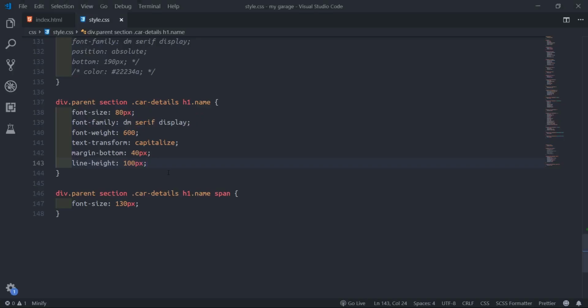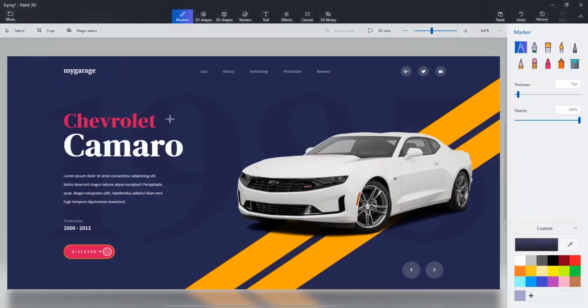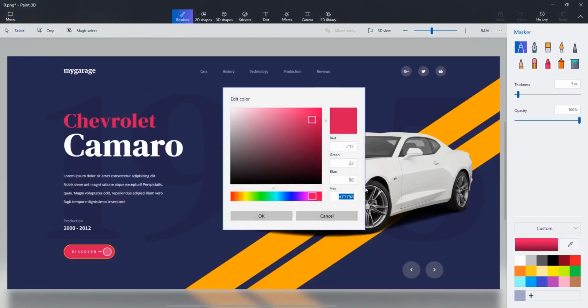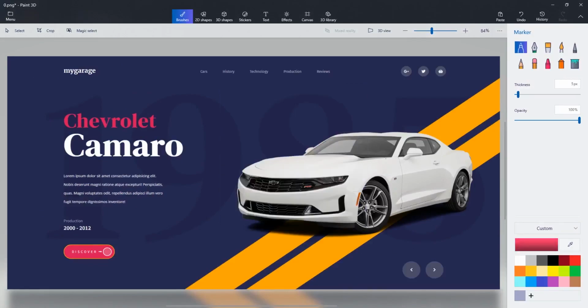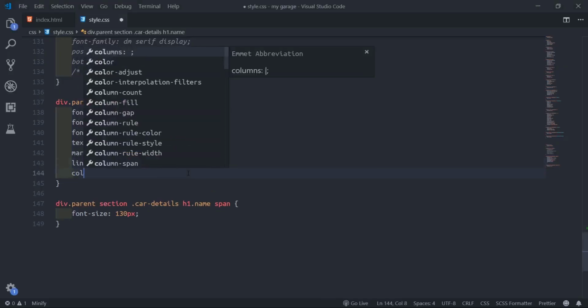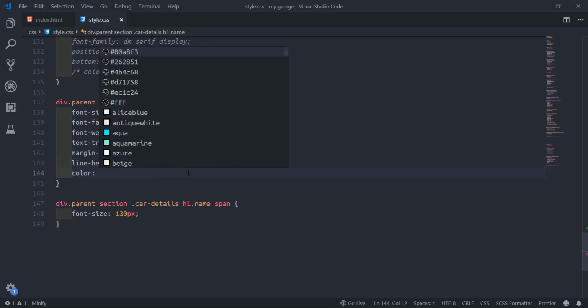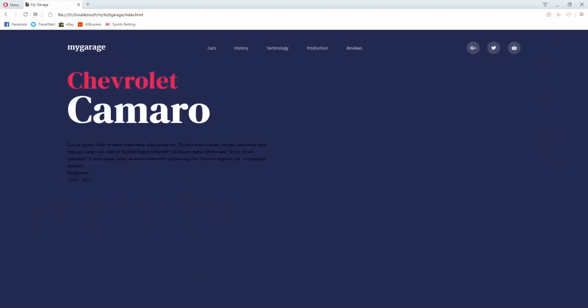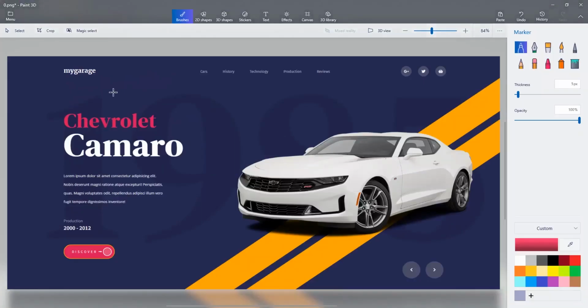Then we'll see the color right here. So I'll pick the color. Okay, Ctrl C. Then I'll say color. This is not going to be white. FFF. Run and see. Okay. So if you look at this one now, it says push come down.